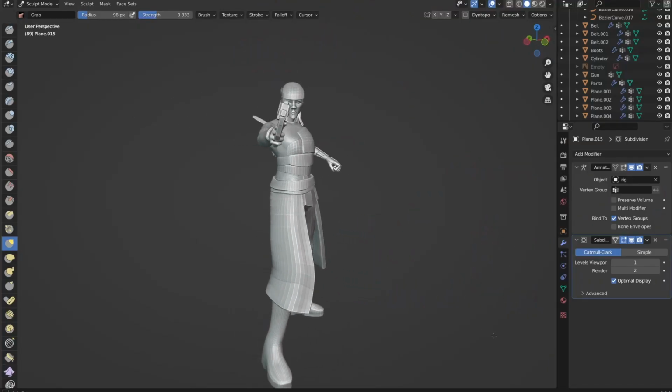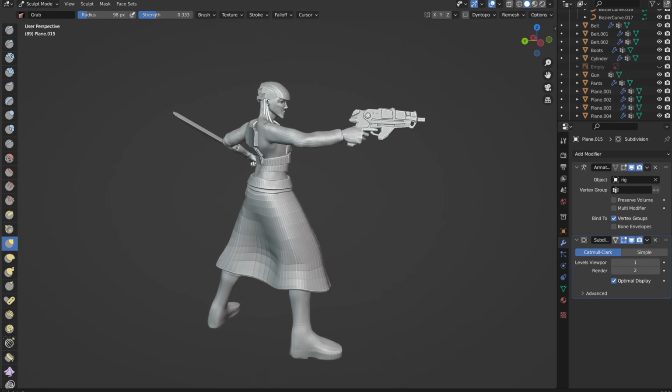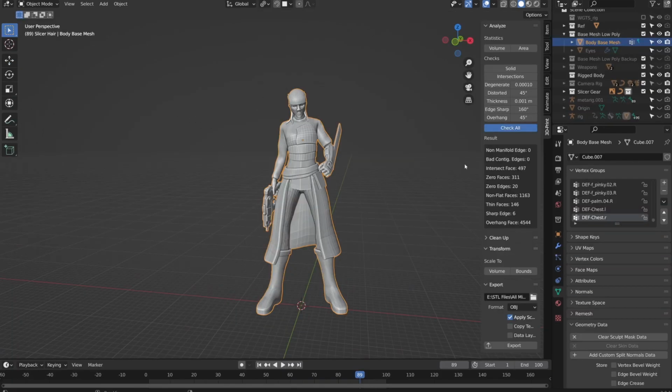Standing proud, arm up, other arm down. But that's not a very dynamic pose, not something I want to see on the table, so I could also go back in and give her a second, more dynamic pose. Once I was happy with the pose, I merged everything together, checked for nice, clean, manifold geometry, and got her